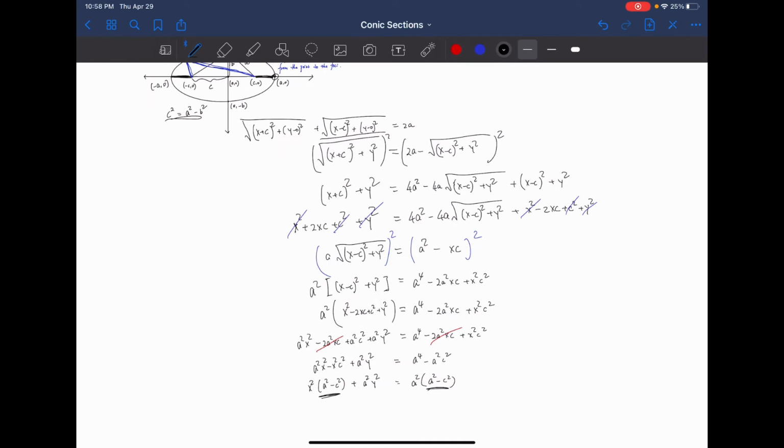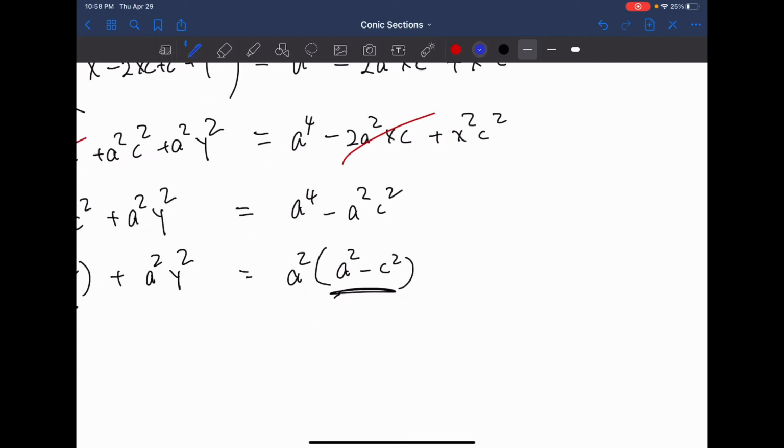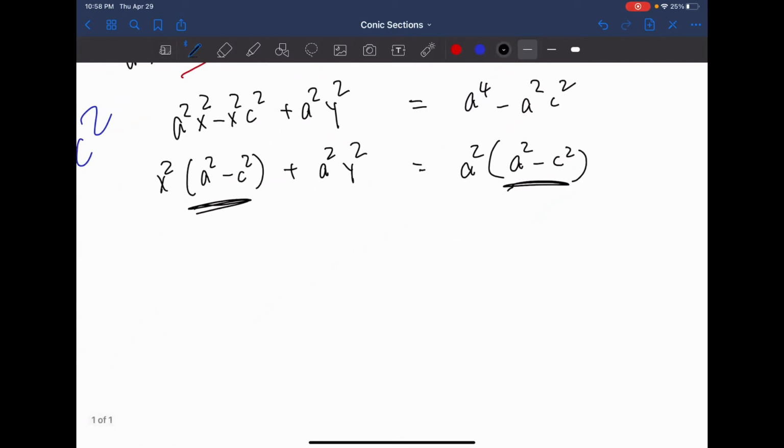It is essentially the same thing as this expression over here, and we can manipulate it to be b squared is equal to a squared minus c squared. So all of these are just basically b squareds. So x squared b squared plus a squared y squared is equal to a squared b squared. And let's put this fraction in front, that can be one of the terms,